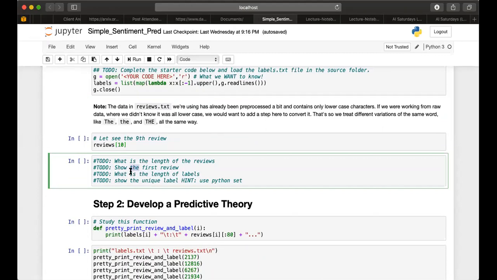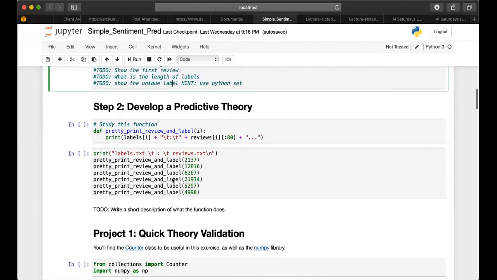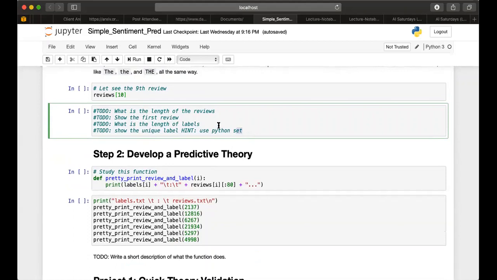Then I wanted you to show the length of the labels, and of course you would find out that the length of the labels will be the length of the reviews, right? And then I wanted you all to show the unique labels.